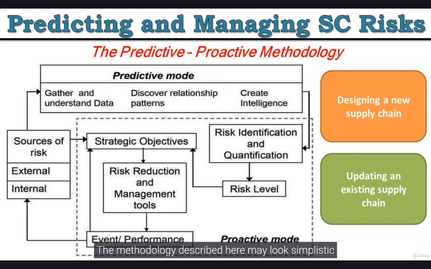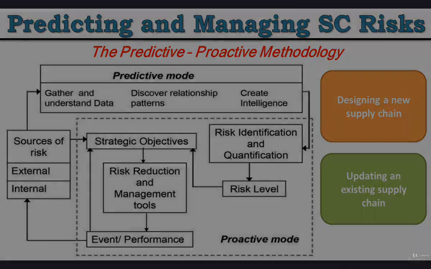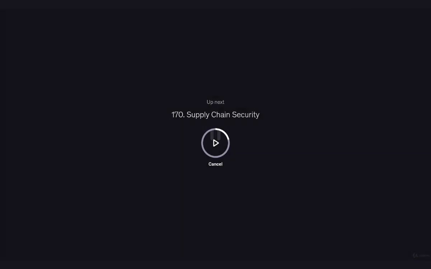The methodology described here may look simplistic, but it does provide a process map for risk management. The focus of the methodology is to structure the two processes of data analysis and decision making. The stress on including the strategic objectives reflects the importance of providing benchmarks for the firm to base their future risk mitigation plans and to measure the performance of their plan against the possible events.